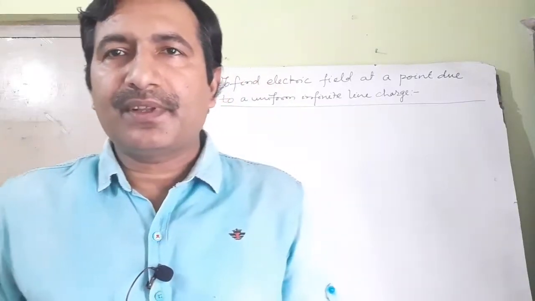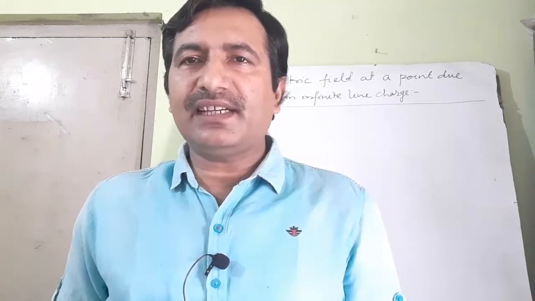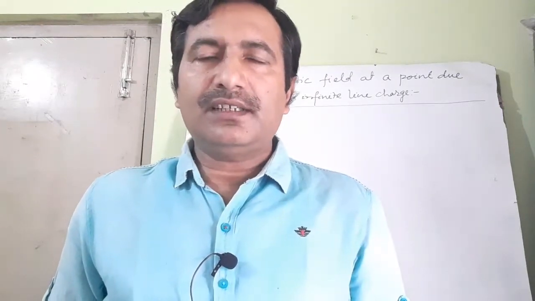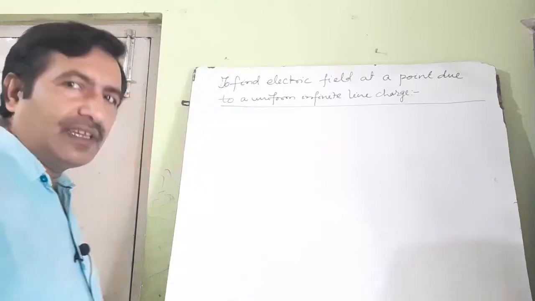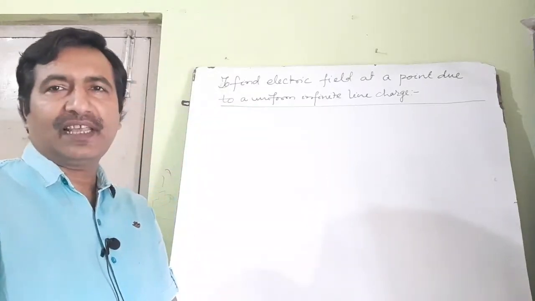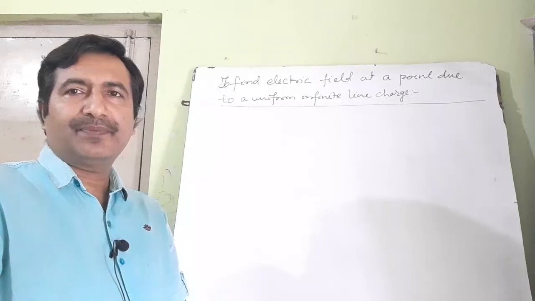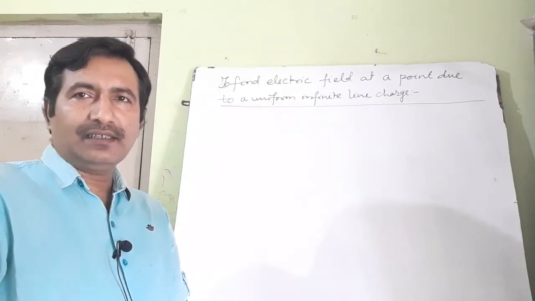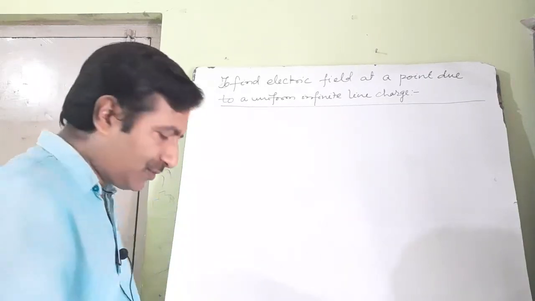Okay, so today I will discuss the use of Coulomb's law to find electric field intensity at a point due to a line charge. I discussed this with the help of Gauss's law in the previous lecture, which was in the CBSE syllabus. So let us discuss this topic, and you also asked about the derivation of this earlier. Okay, so let us discuss this one.